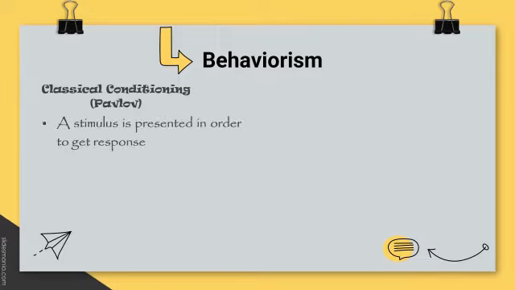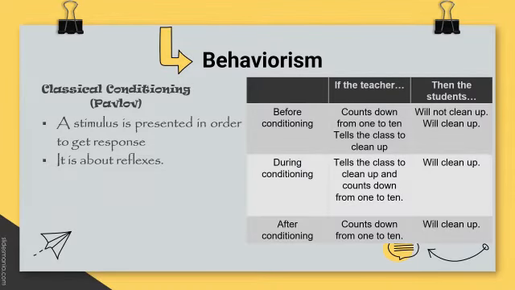In short, a stimulus is presented in order to get a response. Throughout the course of three distinct phases of classical conditioning, the associated stimulus becomes known as the conditioned stimulus, and the learned behavior is known as the conditioned response. Classical conditioning is all about reflexes. Now let's take a look at these examples. If the teacher is consistent and repetitive with these stimuli, eventually the students will learn to behave properly through